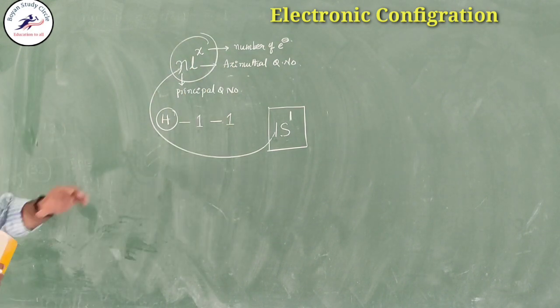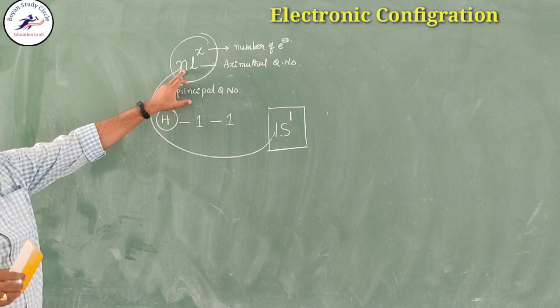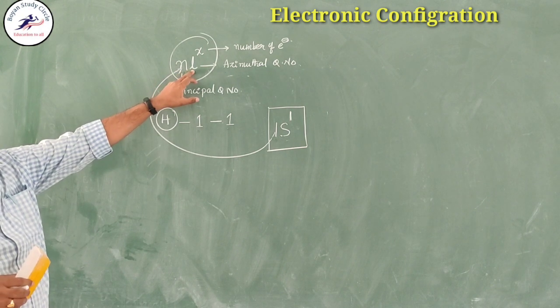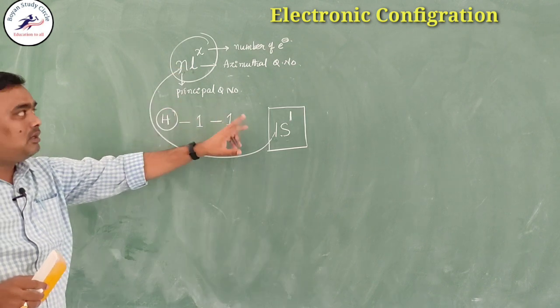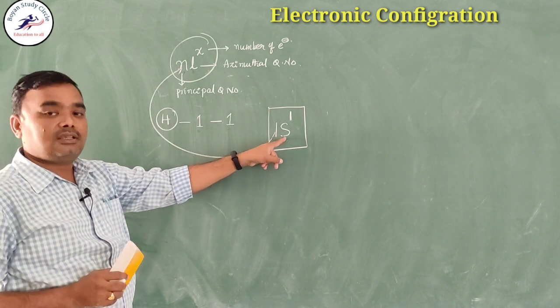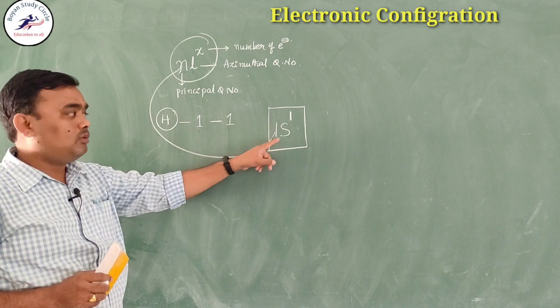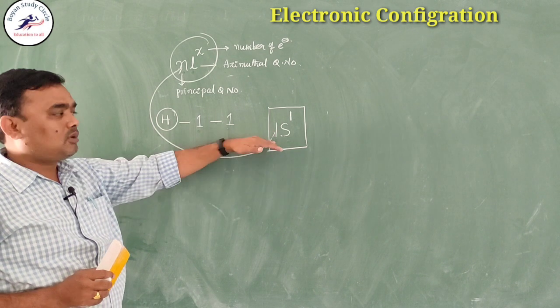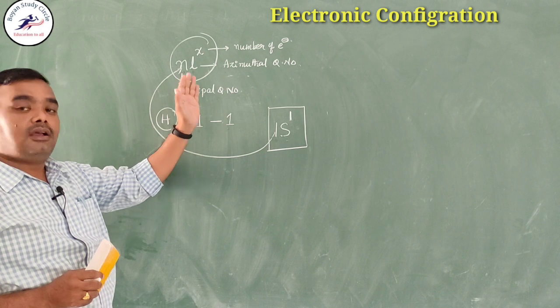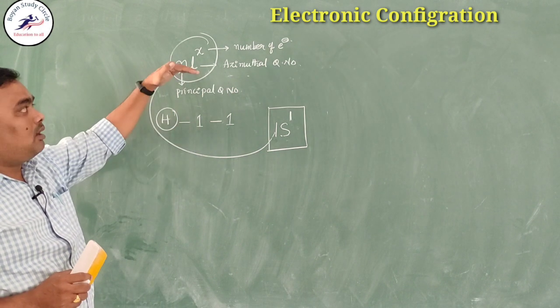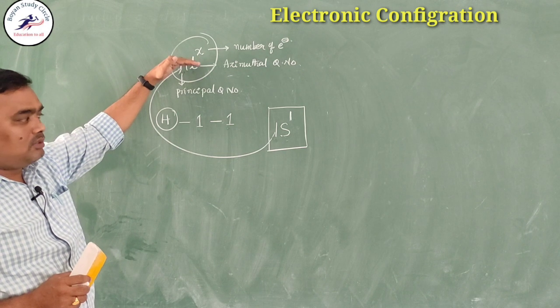So in this way you can write the electronic configuration in the form of the nlx shorthand notation, right? So in nlx, what is n? Principal quantum number, and l the azimuthal quantum number, right? So that is about the subshells. What is the l value for s? 0, for p 1, for d 2, for f 3. You have already come across this in the quantum numbers discussion, right? So in this way you can write the electronic configuration of elements.